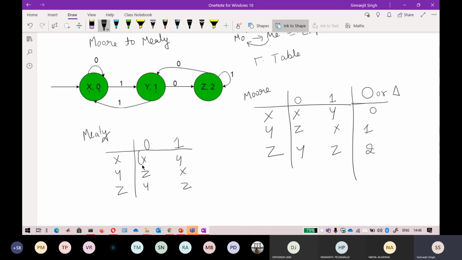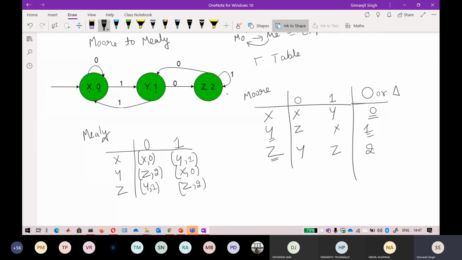Okay, now see the output associated with X here. So this is the X state. The output associated with X is 0, so write a 0 here. The output associated with Y is 1, so write a 1 here. Okay, in the same way for Z, sorry for that. So now here is Z. The output associated with Z is 2, so just write 2 here. And the output associated with X is 0, so just write 0. In the same way for Y, it's 1, and for Z, it's exactly 2.